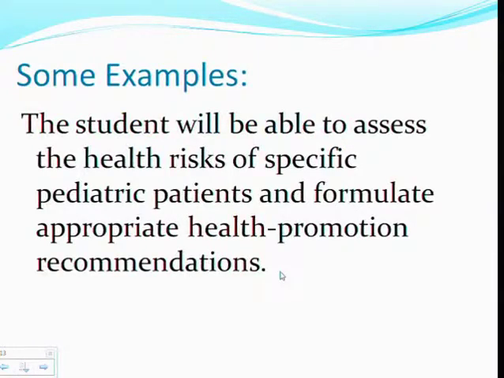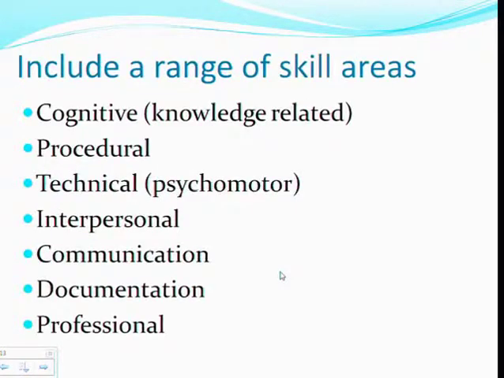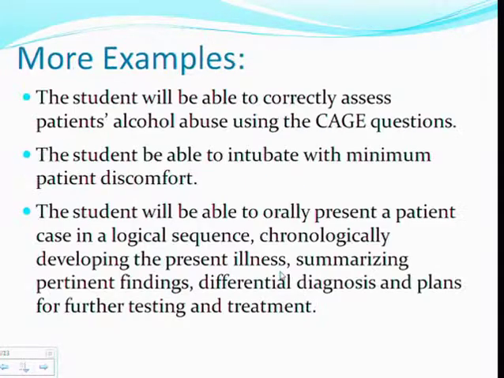An example of a good learning objective is the student will be able to assess the health risks of specific pediatric patients and formulate appropriate health promotion recommendations. Try to include a range of skill areas. Include cognitive or knowledge-related skills, procedural skills, technical skills, if that applies to your specialty, interpersonal, communication, documentation, and professional skills. Some other examples of appropriate learning objectives include the student will be able to correctly assess patients' alcohol abuse